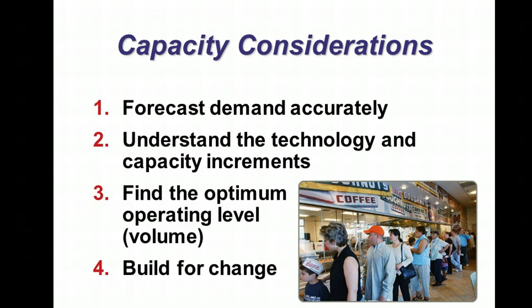Now you're going to see later in class, though, it seems like Toyota and other folks go against this because they intentionally build their factories small because they don't want any storage taking place in there. They only want operations. So in terms of build for change, it doesn't necessarily mean build a bigger factory, but it means build a more flexible kind of factory. So modular equipment or multi-purpose type equipment.